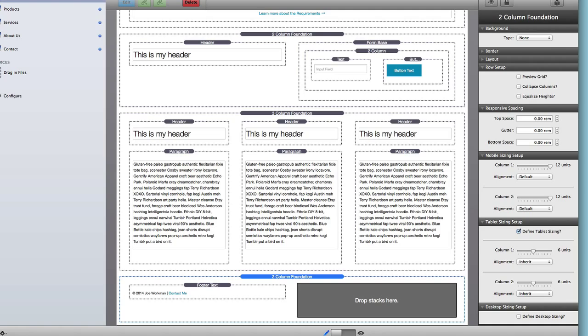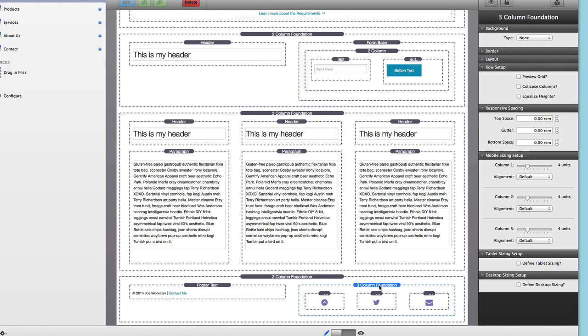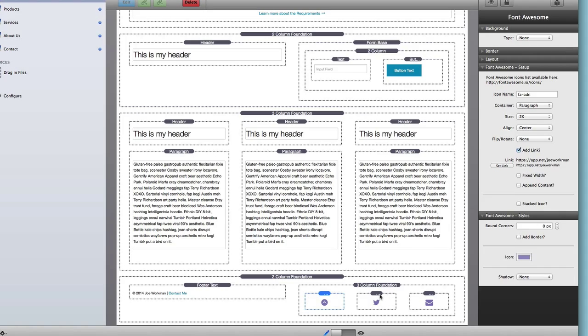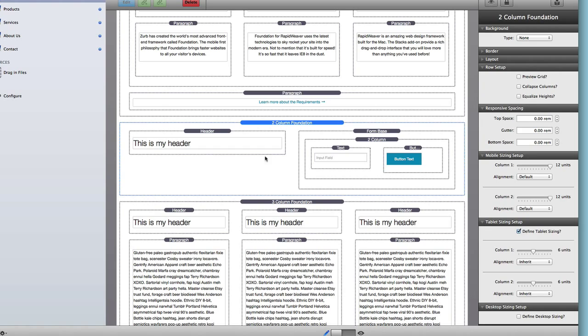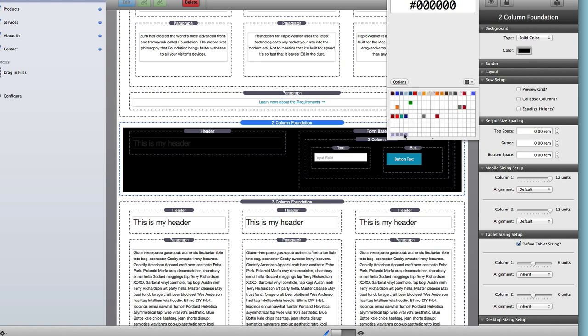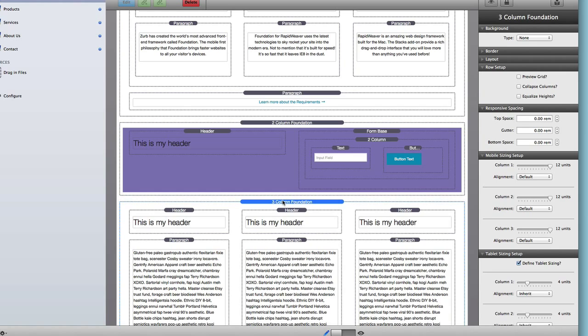Actually, if you don't mind, just to make things a little simpler, I'm going to go ahead and copy that. So I had a 3-column stack with 3 Font Awesome stacks inside of it. Okay, so let's start styling the background, because we had bold background blocks, right? And this 2-column stack had a solid background color, that dark purple that we've been using. Okay. And then this 3-column, if you notice, was the same exact thing as the banner stack